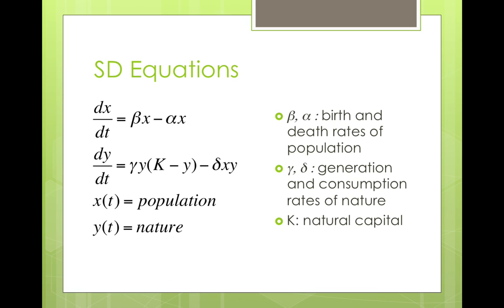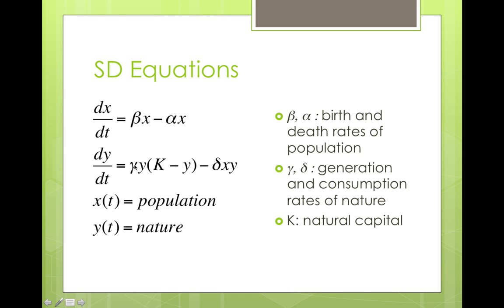And let's take a look at the equations. So you have two populations, X and Y. Population X has a growth rate, beta, and a death rate, alpha. Nature follows a little bit of a logistical